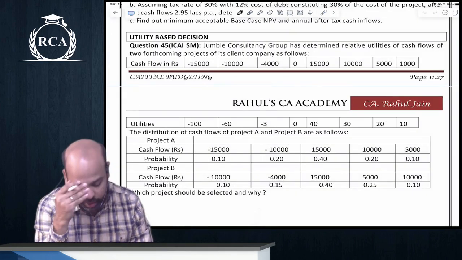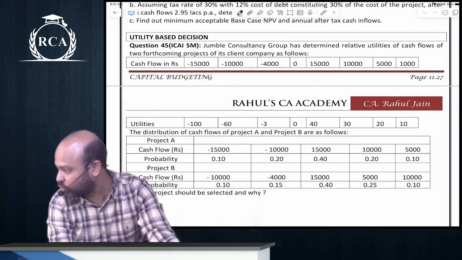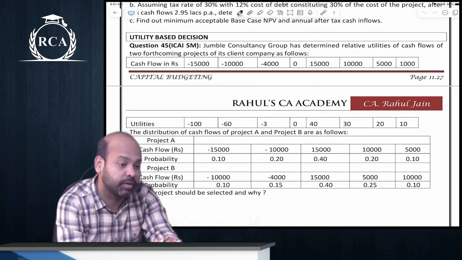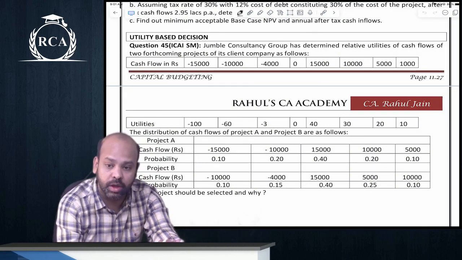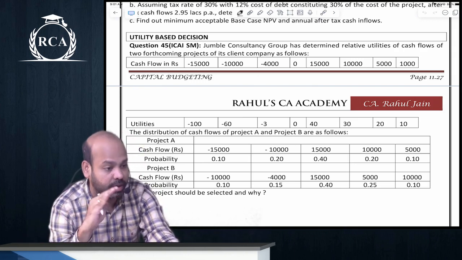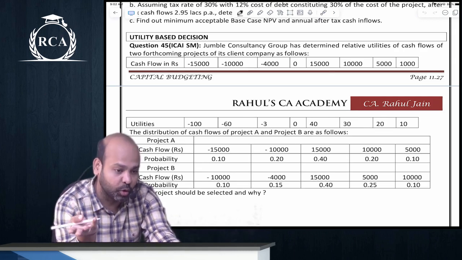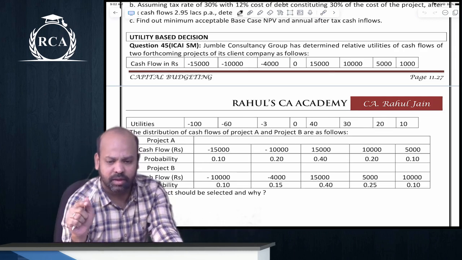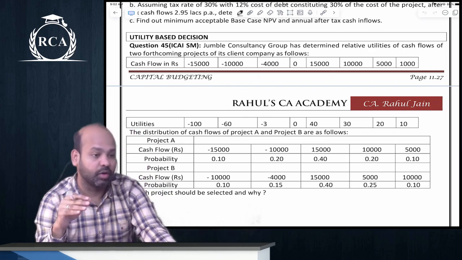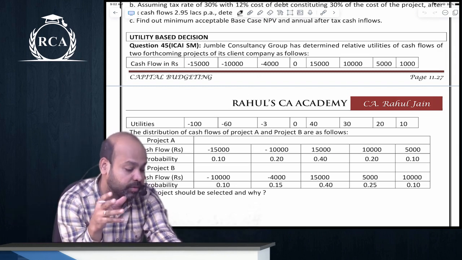Alright, guys, when you say utility theory, it basically means instead of taking a decision on the basis of cash flow that you are deriving from a project, you should take a decision on the basis of utility that you derive from the cash flow. As you keep receiving more and more amount, the incremental utility that you get out of that cash, beta, decreases, is what the theory states. Never applied in real life. Who will say no, beta? But it says the utility that you're deriving from the incremental cash flow will always keep decreasing. The amount of satisfaction that you might get, say, beta, from the first 100 rupees as a kid